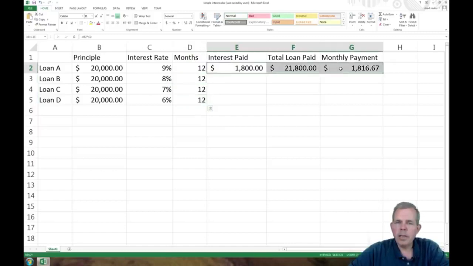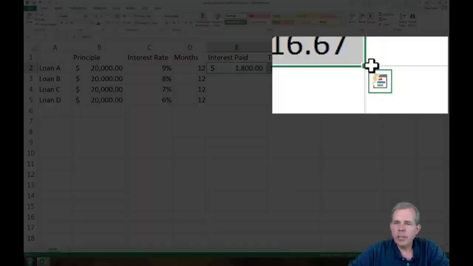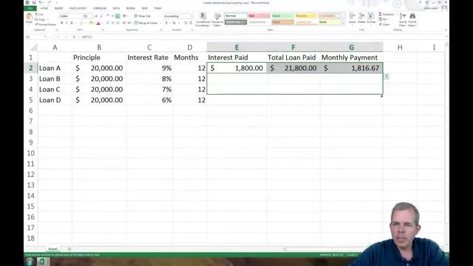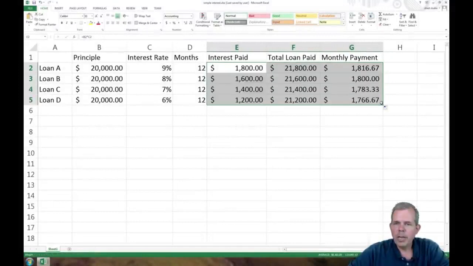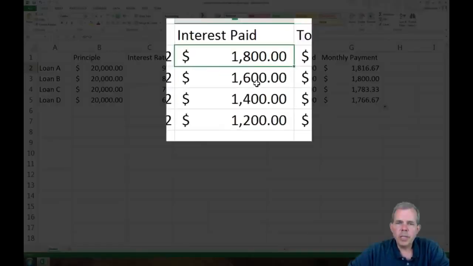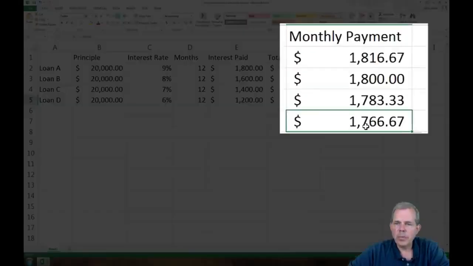Now let's take the last 3 columns and we're going to fill down. So I'm going to select those 3 columns and drag from the small dot in the corner, and this will calculate my interest based on the 12-month payment. So let's see here. The interest rate is better for the 6%, and then the total monthly payment is slightly